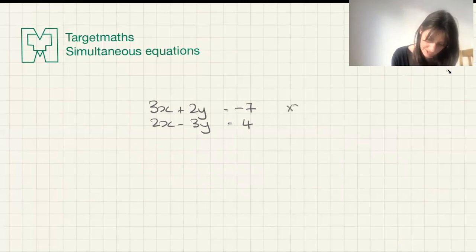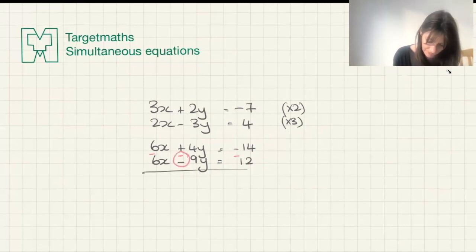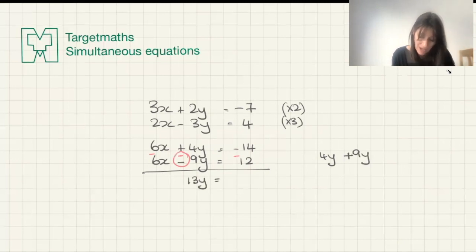Okay, so times the top by 2 and the bottom by 3. We've got 6x plus 4y equaling -14 and 6x minus 3 3s are 9, so 9y equals 12. And we're going to take away, take away, take away. I can circle that one. 6 and 6 is gone. I've got 4y, and the double negative makes me add 9y. So I've got 13y. Minus 14 minus another 12 is